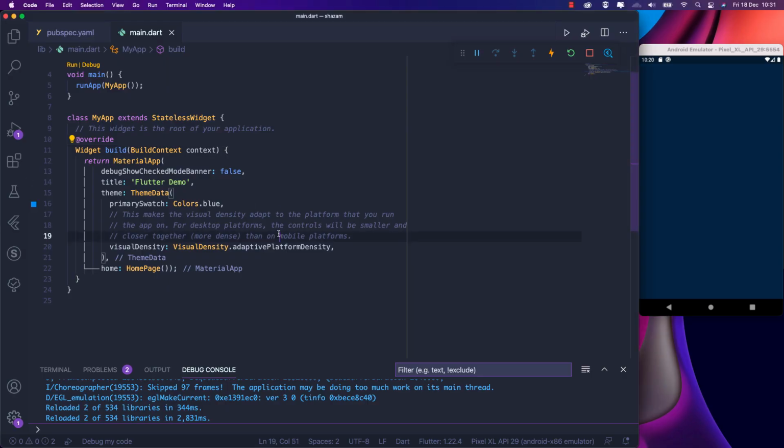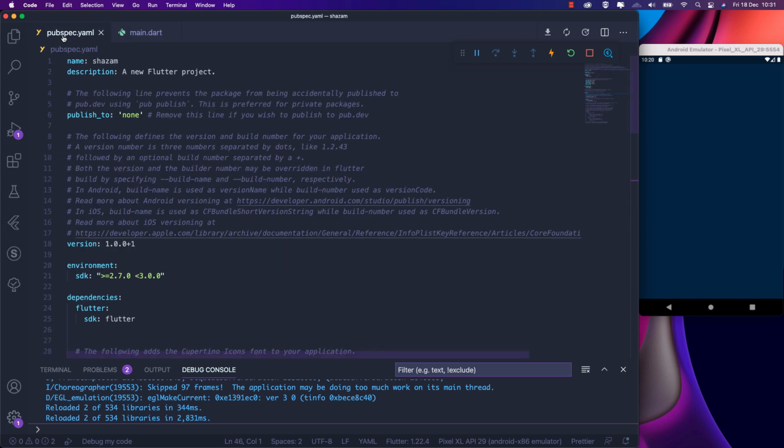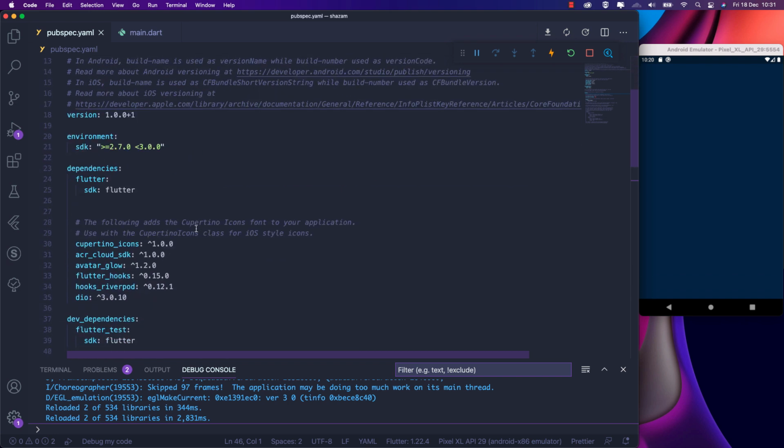The first thing we want to do is to create an empty project called Shazam that I've created here, and what I've done is to remove the extra boilerplate code that comes with a new project, and then created a new screen called home page, which I attributed to the home property. And in the pubspec.yaml file, you will do some little imports of ACRCloudSDK. You can find that on pub.dev,